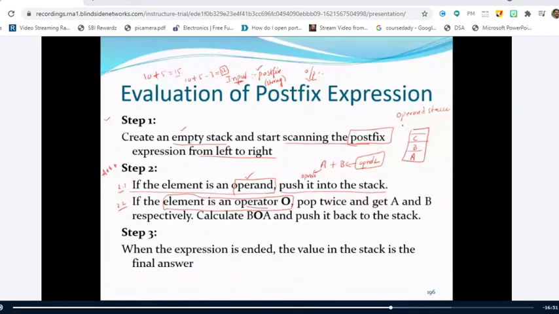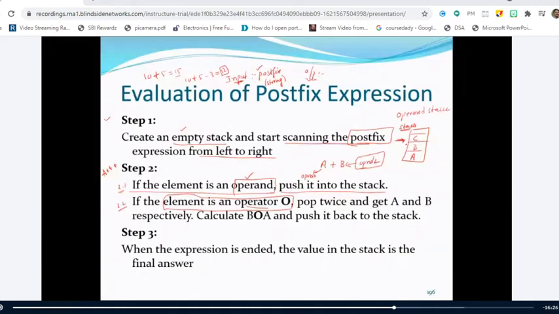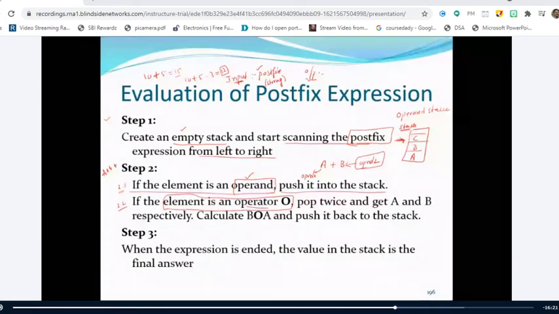For example, assume that the stack contents are A, B, and C. What is the top element? C. What is the element that is present on the top of the stack? Speak loudly. It is C. Therefore, when I pop, C will be the first element that is popped, and that C should be placed inside operand 2.